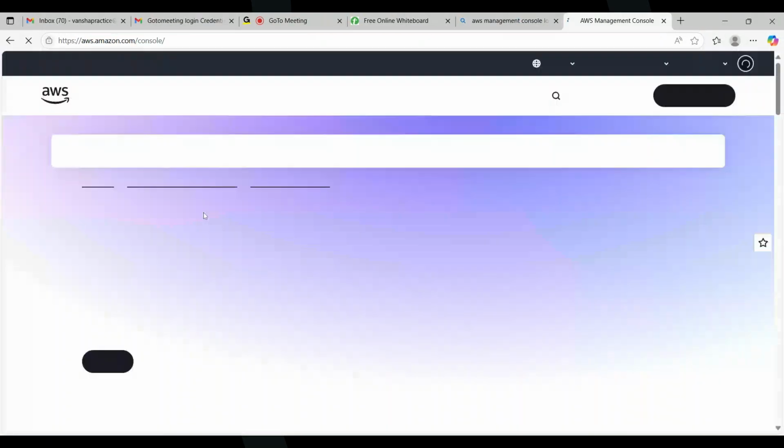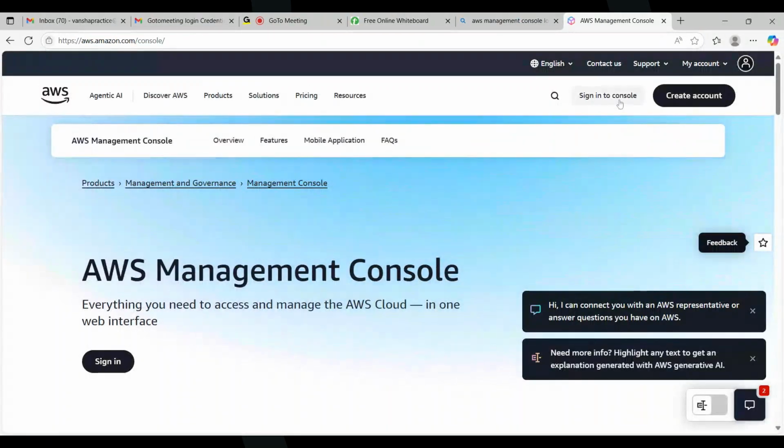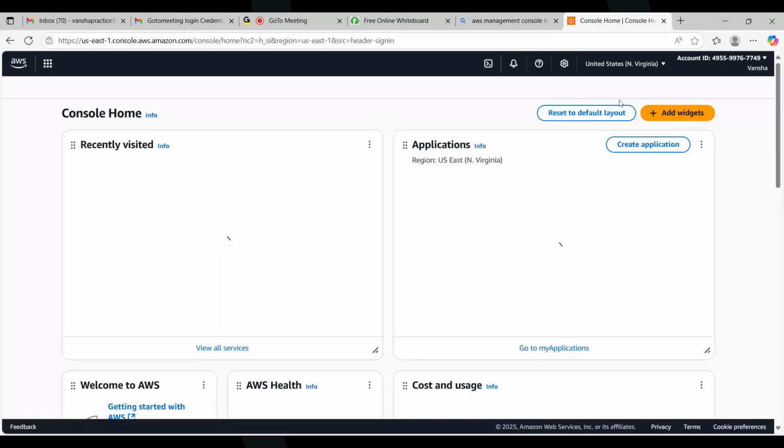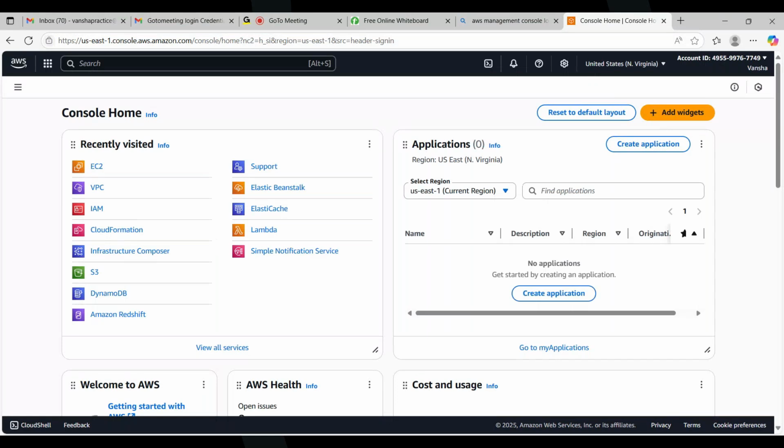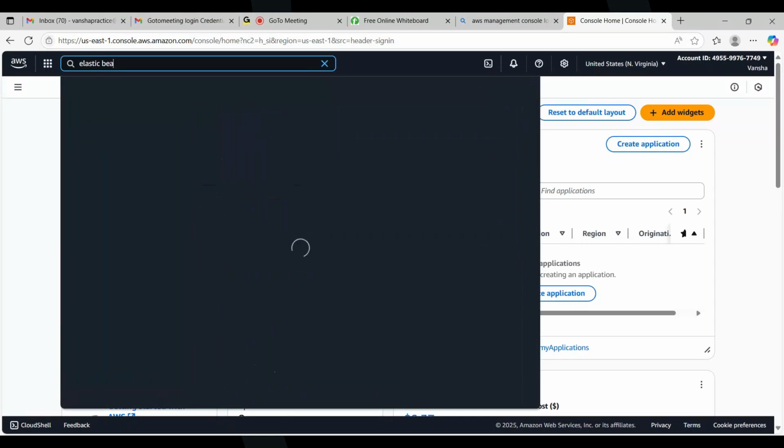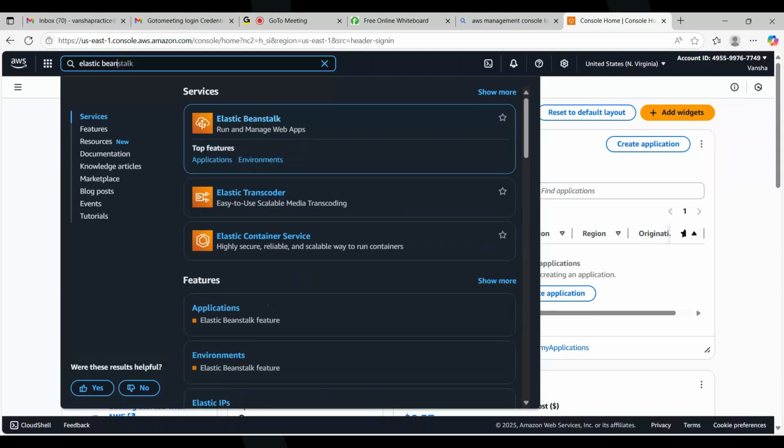So you have to just put your hardware, and you have to just write your code and you are good to go. I will show you quickly. Elastic Beanstalk is nothing but an AWS service which helps us to run and manage web apps. So if I open this,